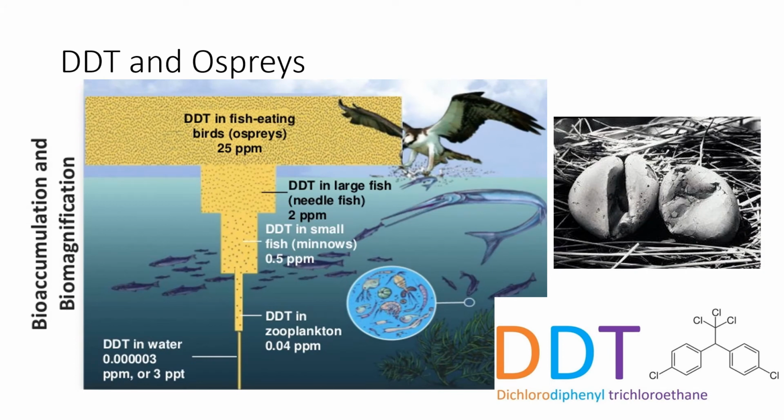And this happened with the ospreys. These shells were getting really soft and cracking when they went to sit on them to nest. We had this massive decline in the osprey population because the ospreys were eating fish that had DDT in it. And those fish were eating smaller fish, and those fish were eating zooplankton, and those fish were eating phytoplankton. So it starts at the bottom of the food chain. Each individual accumulates it in its body, and because the top of the food chain is eating all of what's below it, it has a lot of the toxin, and you get these detrimental effects like this.